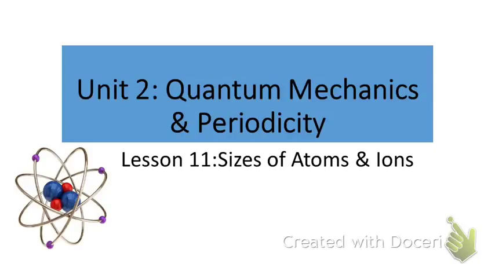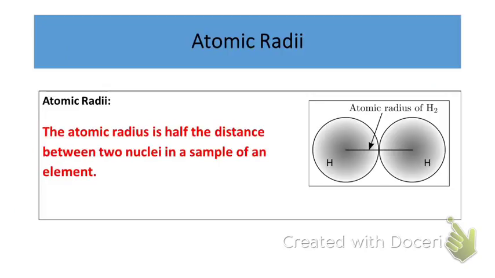Alright, let's get started with Lesson 11, Size of Atoms and Ions. In this lesson, we are going to apply Coulomb's law and effective nuclear charge to the size of atoms. The size of an atom is known as the atomic radii. By definition, the atomic radius is half the distance between two nuclei in a sample of